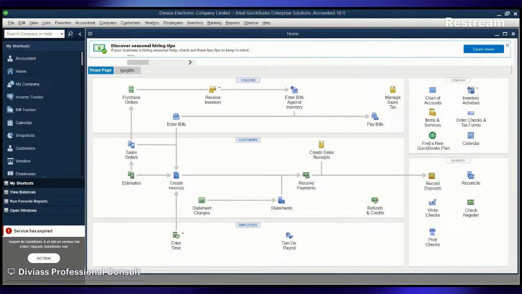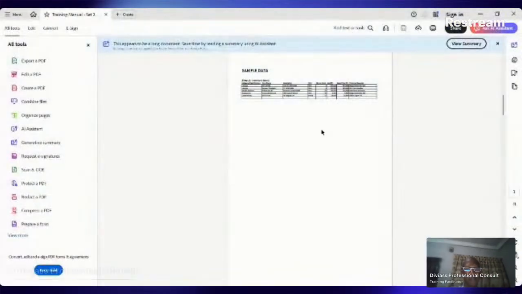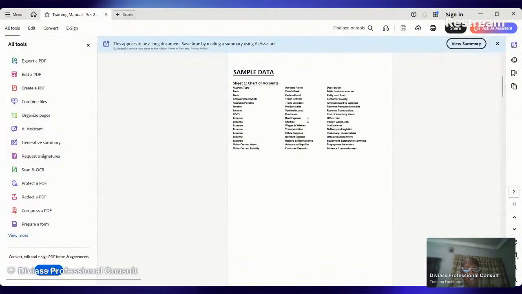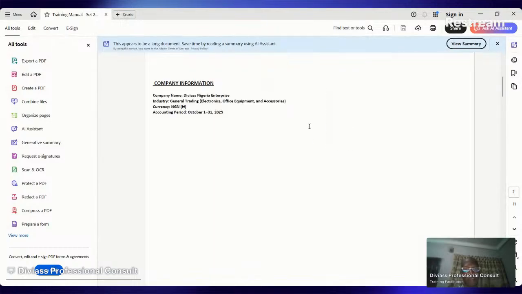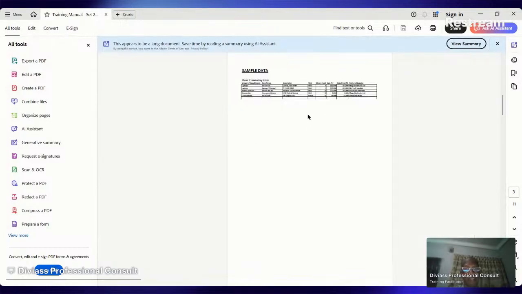Now we are going to start with the postings. Let me share with you the data files. From the data files we have here, let me stop this and share the training manual. On the training manual, we have chart of accounts here, which is just a sample and which can always be edited later. Next on the list here, we have,